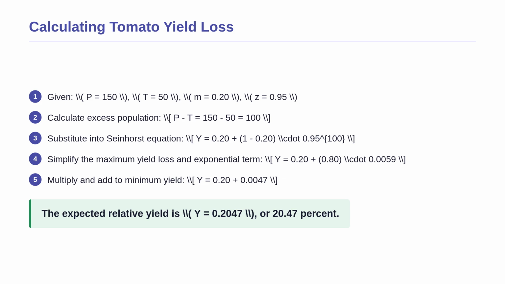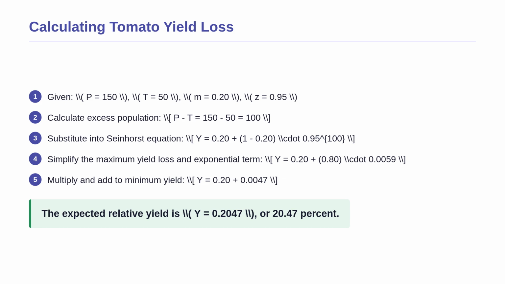First, we calculate the excess population by subtracting the tolerance from the initial population, giving us 100 nematodes actively causing harm. Next, we substitute all our values into the Seinhorst equation. We simplify the term in parentheses to 0.80, representing the maximum possible yield loss. Then we evaluate the exponential part, 0.95 to the power of 100, which is a tiny